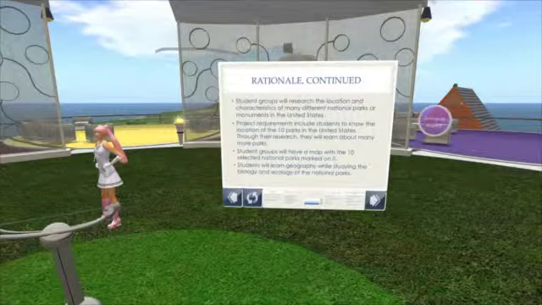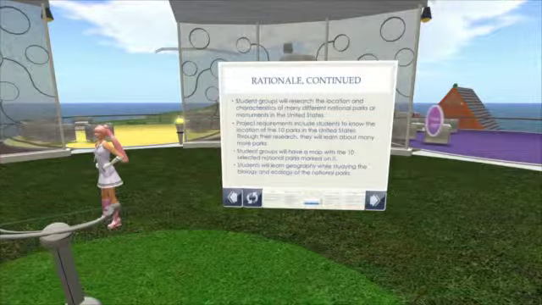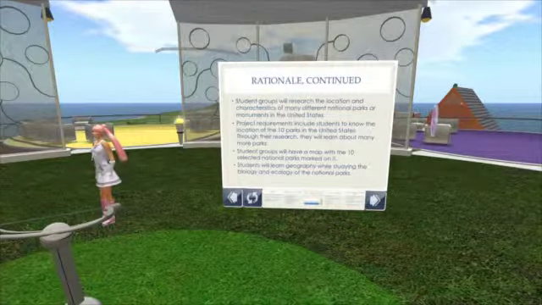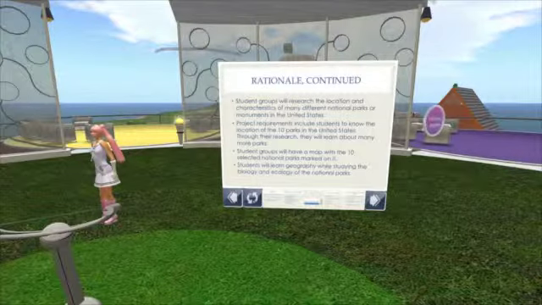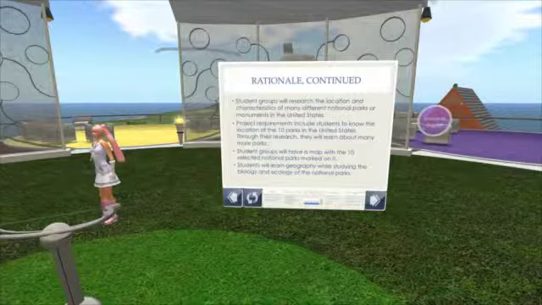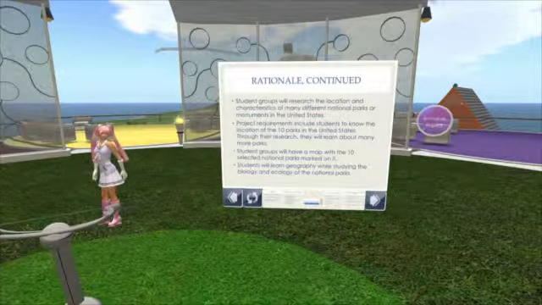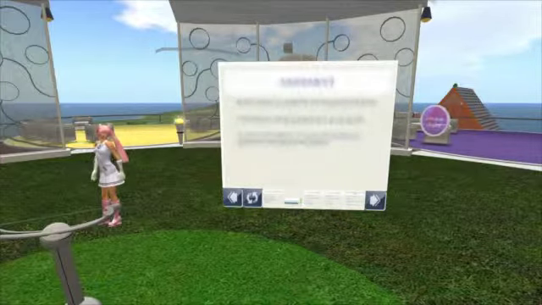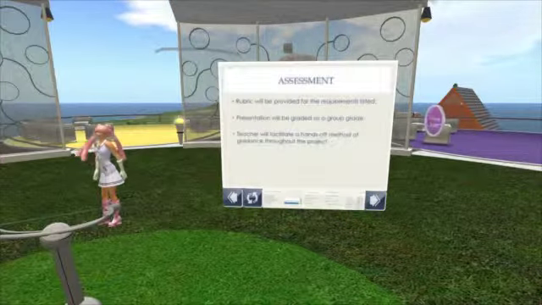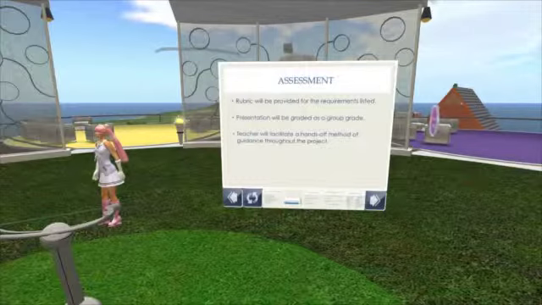The student groups will research location characteristics of different national monuments and parks in the United States. The project requirements include finding the locations of the 10 parks and mapping them, and they'll learn geography while studying biology and ecology. I wanted to find a way to incorporate geography into something that was a standard for high school science. As far as assessment, there'll be a rubric provided, and the presentation will be graded